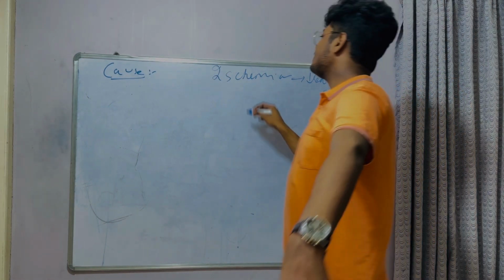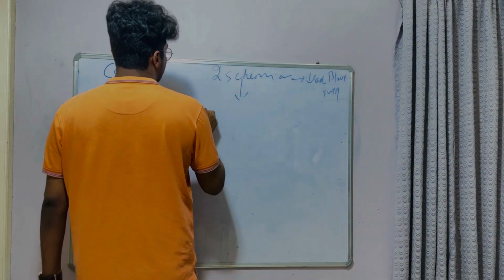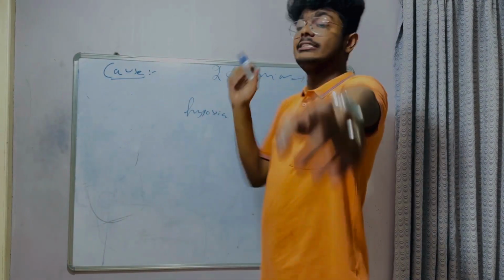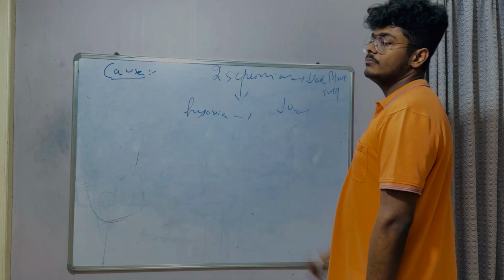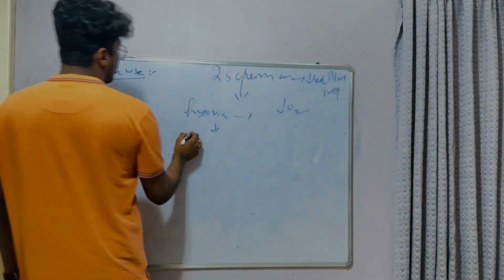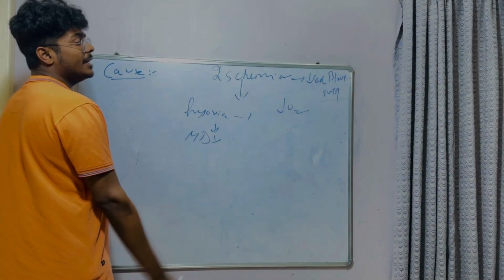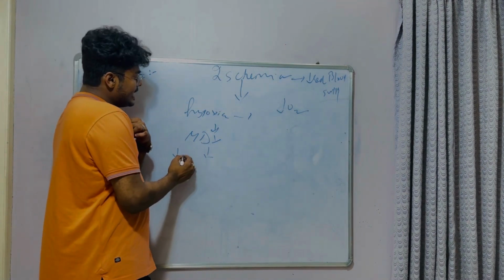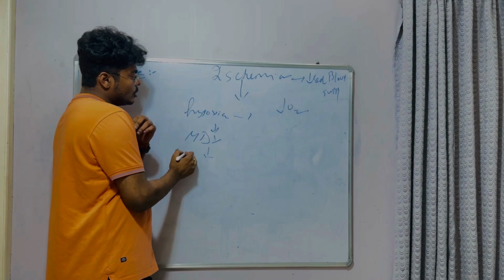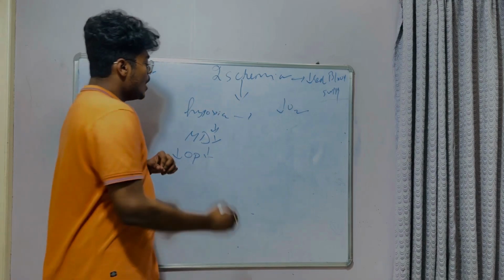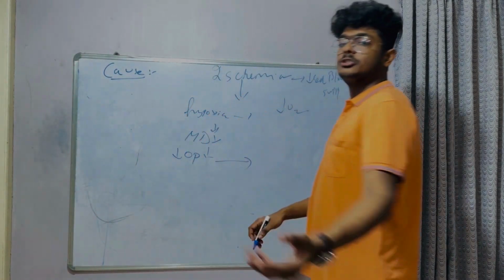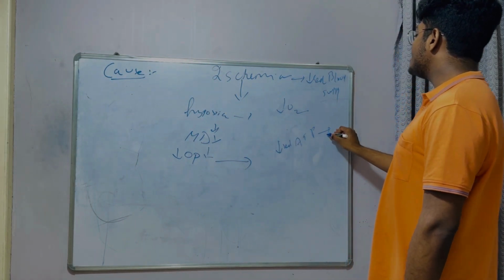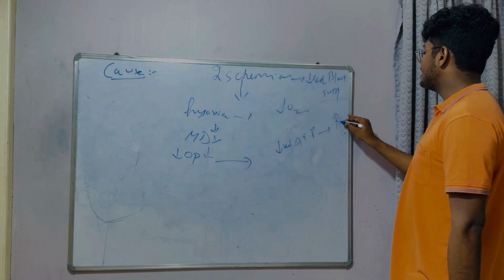When there is decreased blood supply, what happens? Hypoxia occurs. What is hypoxia? Hypoxia is decreased oxygen. When hypoxia occurs, mitochondrial dysfunction takes place. When mitochondrial dysfunction takes place, what will you have? You will have decreased oxidative phosphorylation. When you have decreased oxidative phosphorylation, you will have decreased ATP. Now when you have decreased ATP, you will have reversible cell injury.